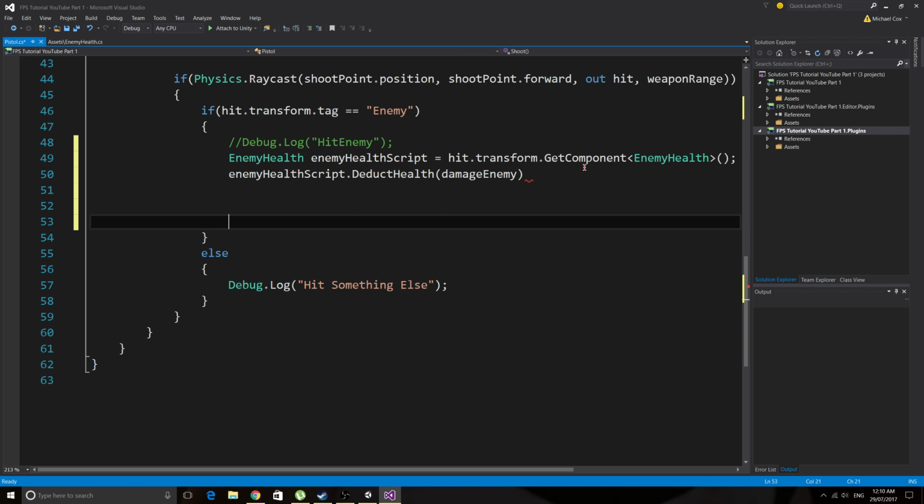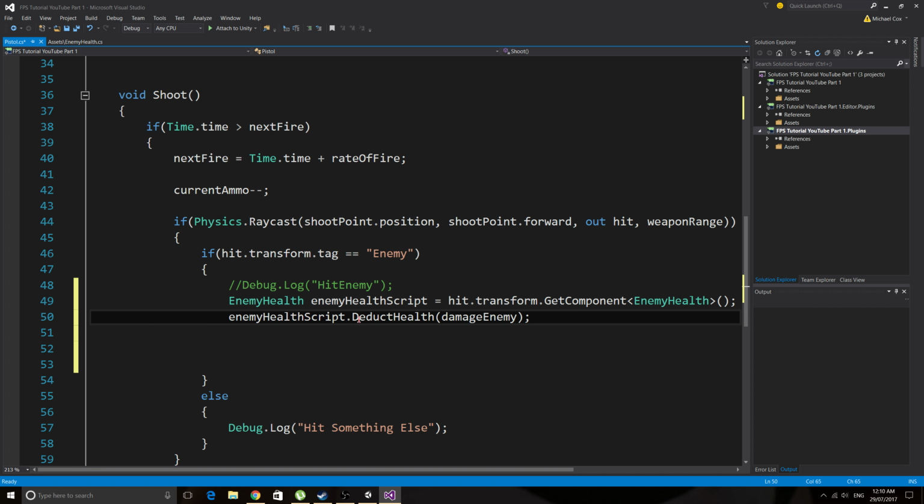I don't know why I did that, sorry. It's having a special moment. Okay, so enemy health script dot deduct health damage enemy. Okay, so save that,